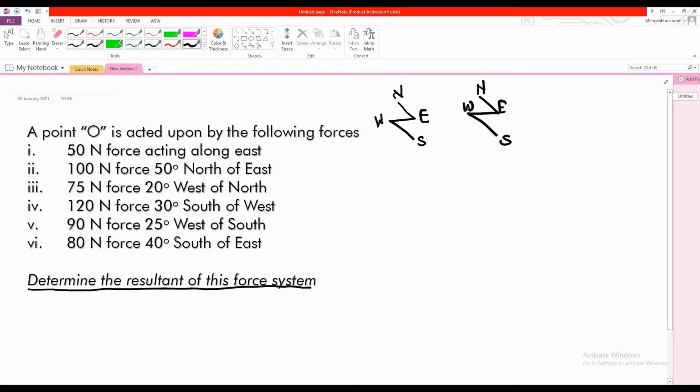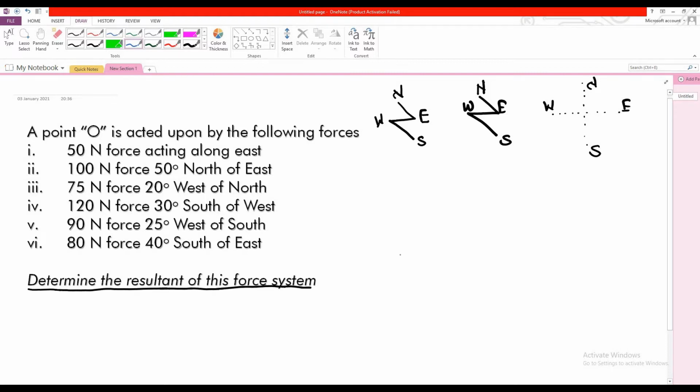Easy. Now you can see here, this system exactly resembles our conventional system of axis: N at plus Y, that is positive Y direction, then E at positive X direction, W at negative X direction, and south at negative Y direction. Therefore we can simply draw an axis system with X and Y axis in the format of N, E, W and S, showing plus X, plus Y and minus Y.